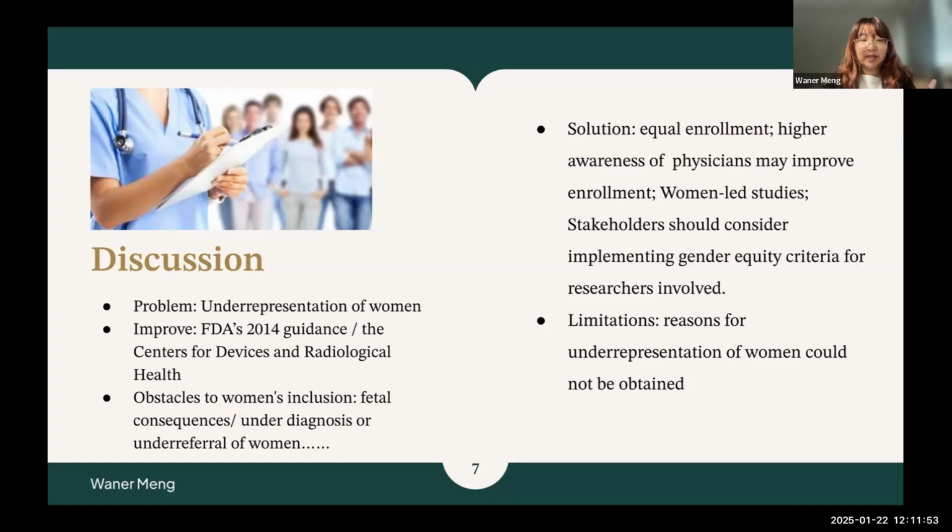And the most limiting step for women's recruitment is the screening stage. Higher awareness of physicians may improve enrollment. Women-led studies are more likely to include women. Stakeholders should consider implementing gender equity criteria for the researchers involved. And also the researchers said that